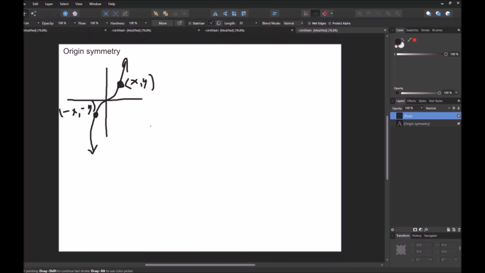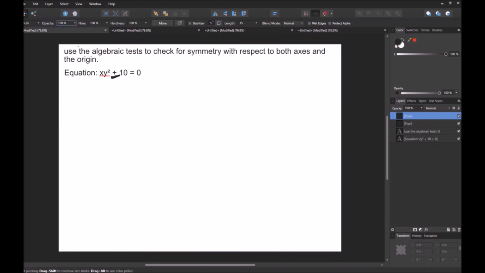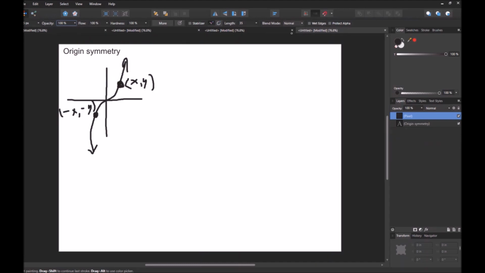replace all the x's and the y's in the equation with a negative x and a negative y, and then evaluate and see if it's the same equation as the original one. And if it is the same as the original one, then we know that it does have origin symmetry. So we're going to do negative x times negative y squared plus 10 equals 0. So we're just going to leave the negative x there for now, and then we're going to evaluate